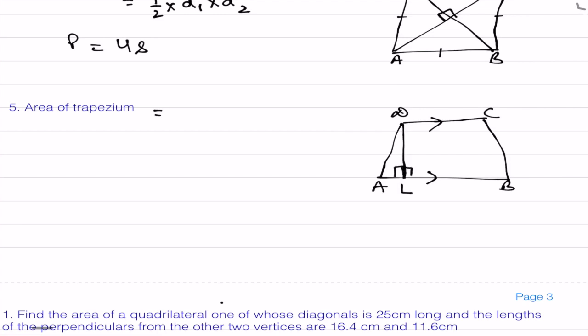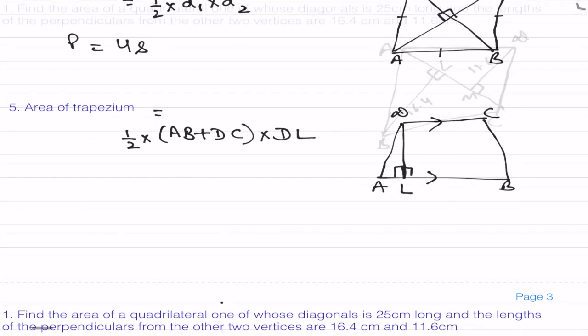Now see, again it's the same as a parallelogram. What is DL? DL is the height, or you can say the perpendicular distance between the parallel sides. So area of trapezium is half into the sum of the parallel sides. So here what is the sum of the parallel sides? AB plus DC into the distance between the parallel sides, that is DL. These notations will change according to your question. So in a simple way, you just remember the sum of the parallel sides into the distance between them. So children, you have to remember all these formulas to solve the next exercise of the chapter.